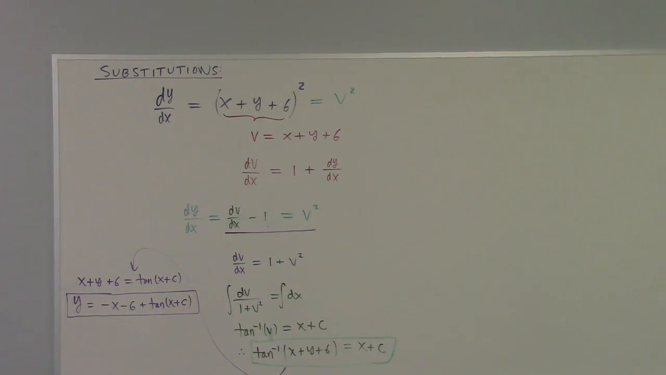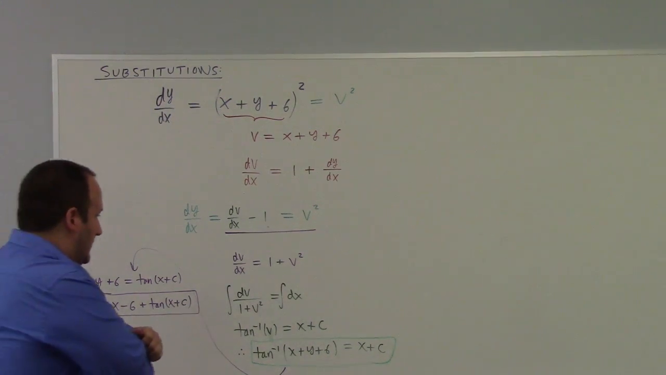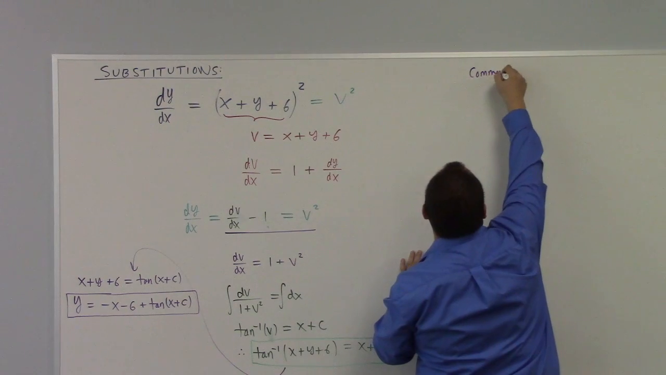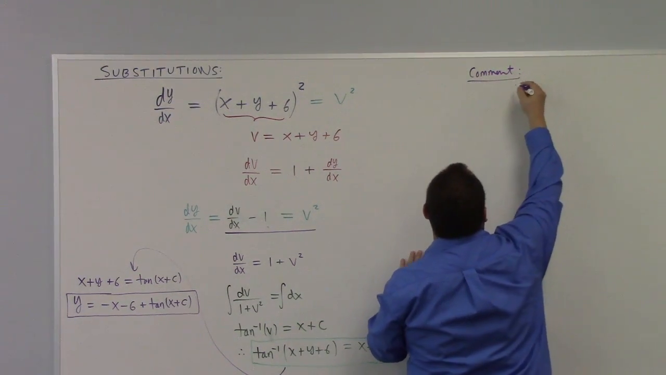I don't know about you, but if I look at dy dx equals x plus y plus 6 squared, I do not expect to find a tangent of x plus c as part of my solution. I love differential equations. The problems you can solve just basically with algebra and calculus you already know. It's really fantastic. But so the comment I was going to make to you guys is for the one that's actually in the notes,